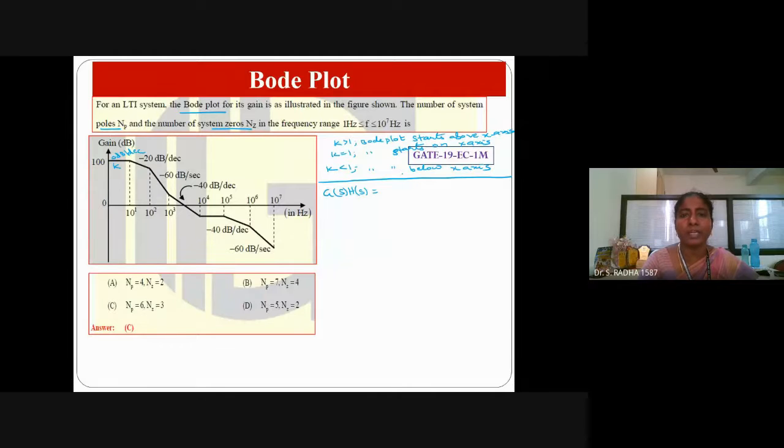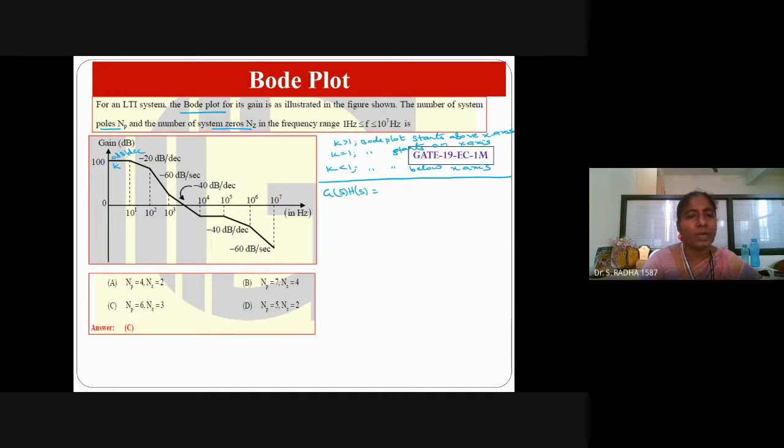You can make running notes out of this. Kindly note down all the points. But for this problem, they are not asking any k value. How many poles, how many zeros, only we want. If at all the transfer function is to be calculated, we need the k value. So we will have an idea whether k is equal to 1, greater than 1, or less than 1. But the exact k value, we have to substitute, simplify and find out as in the previous problems we have done.